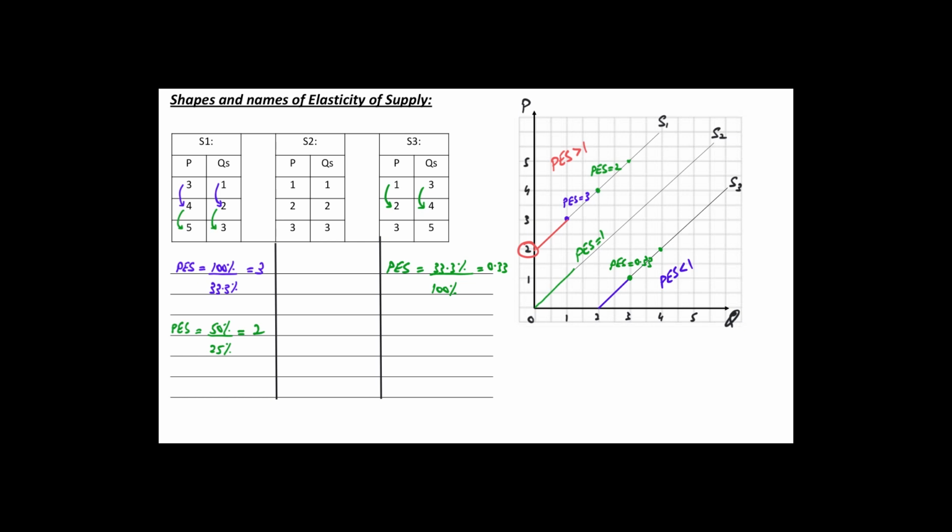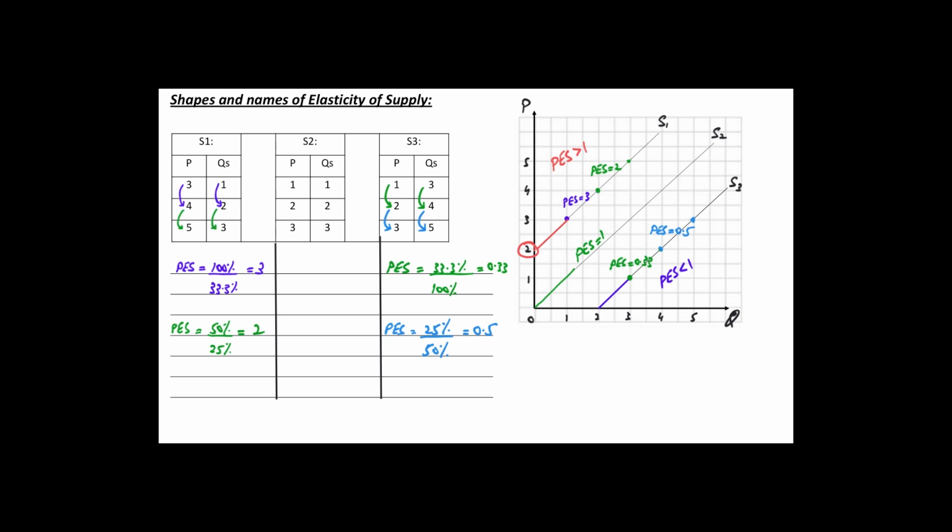And how about if we go up the range? If we go from price of 2 to price of 3, how will the PES change for this? So when you're going from 4 to 5, that's about a 25% increase in the quantity supplied, and there is a 50% increase in the price, giving you 0.5. So the PES for the later range is 0.5. So if you see,